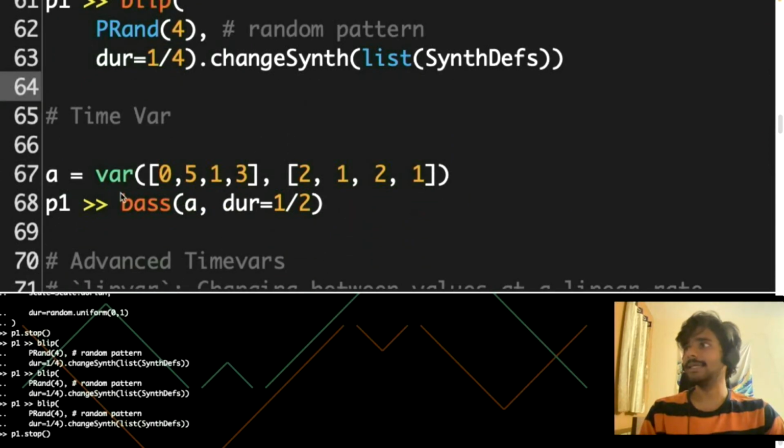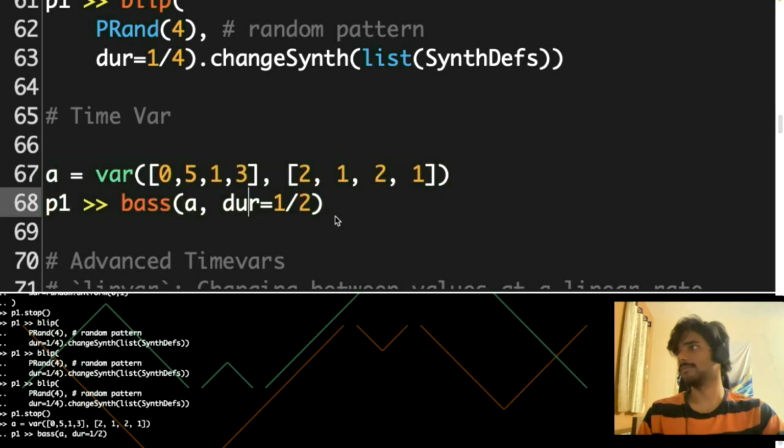Cool. So let's say that we have defined this variable where the integers are going to be 0, 5, 1, 2, which are notes, but 0 will play after 2 beats, 5 after 1 beat, 1 after 2 beats, and 3 after 1 beat. So these are going to be the durations after which the variable should trigger these notes. So if I'm going to just play this,